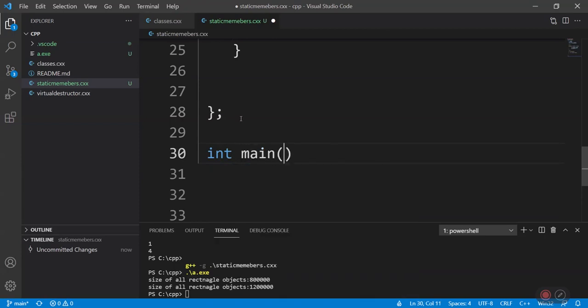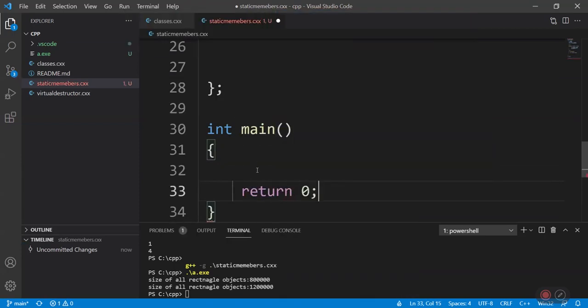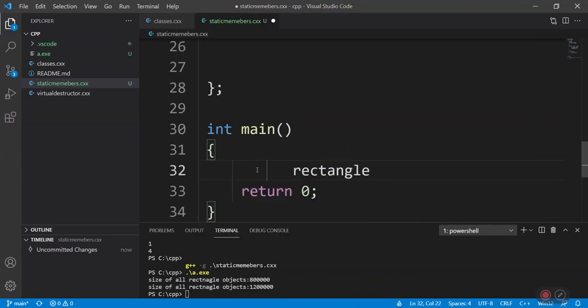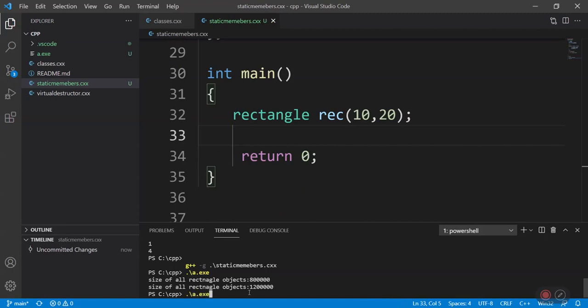Let us write our main method. Try to create an object. Yeah. Let's try and compile this.